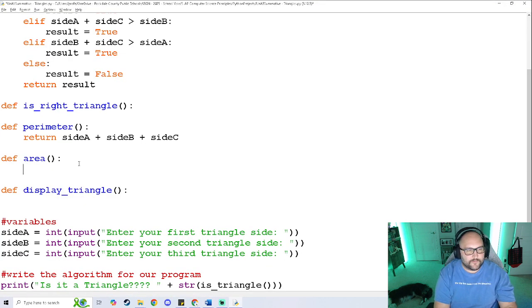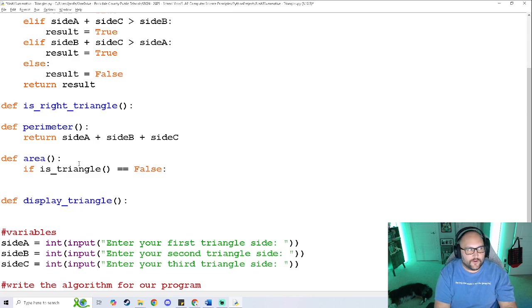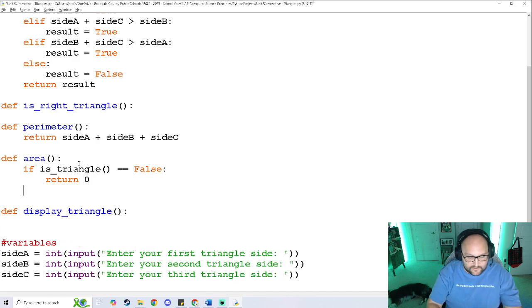So first thing we need to do, we need to check to see if, and we're going to call is_triangle. So we're going to call that method we did. So if is_triangle is false, which means it's not a triangle, we are going to return 0. So if it is not a triangle, return 0. Else,